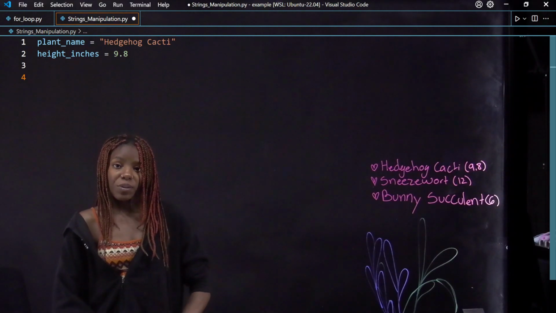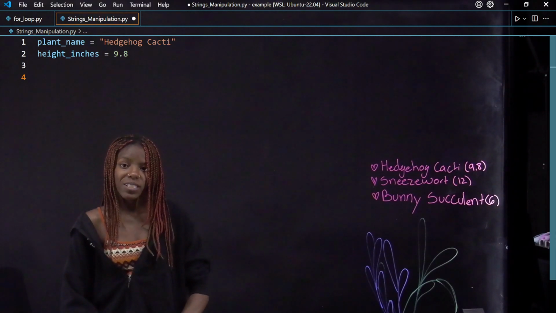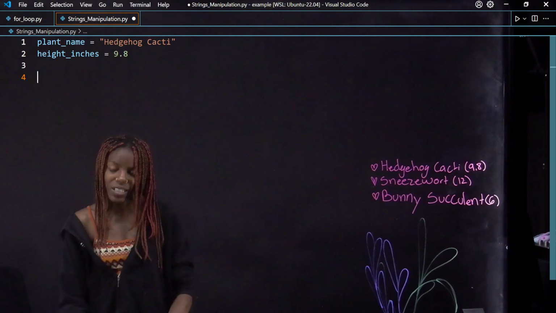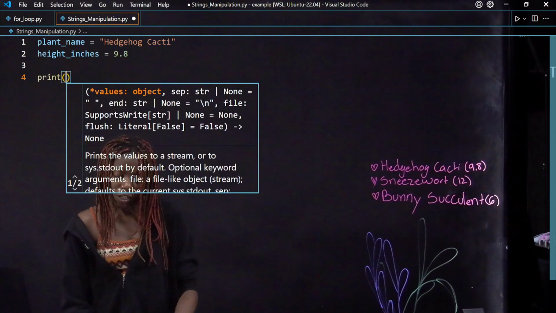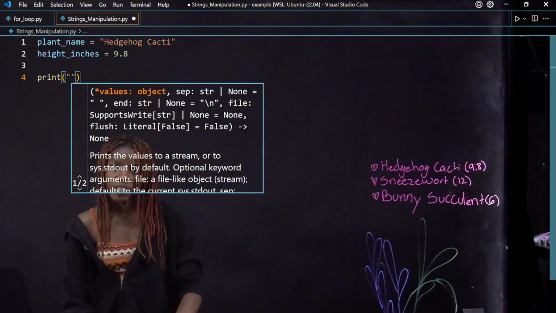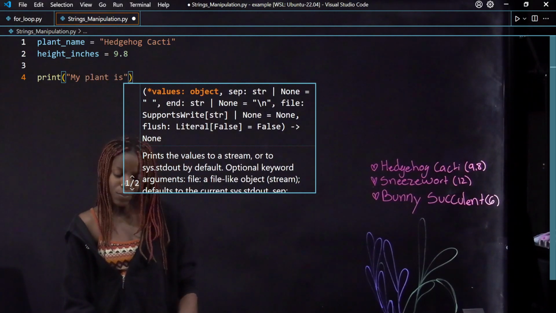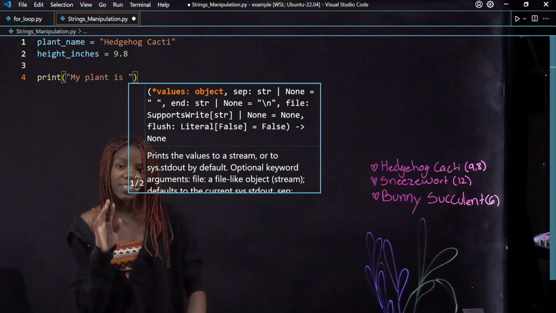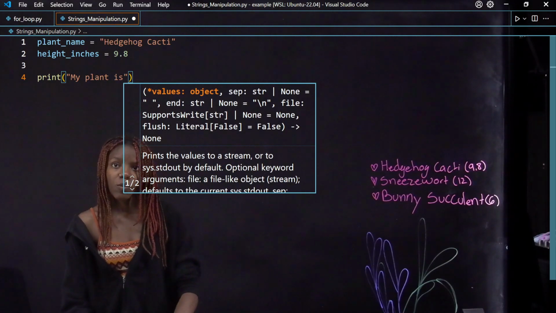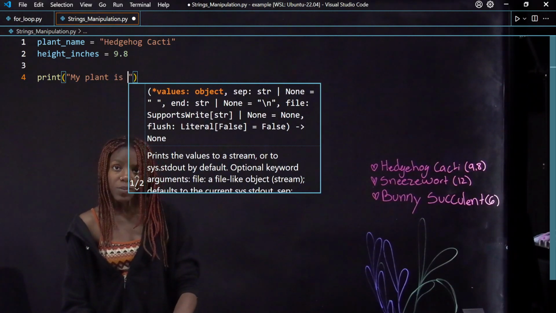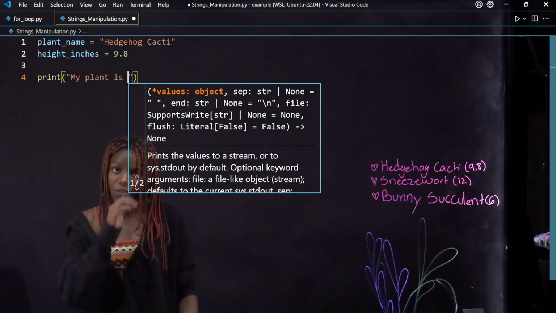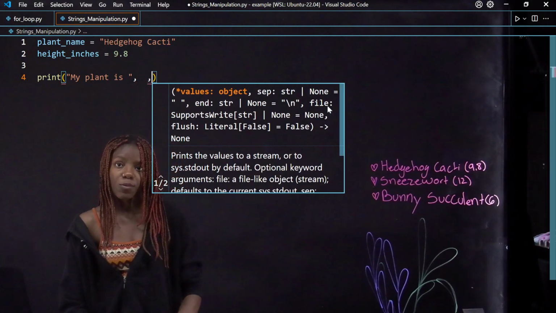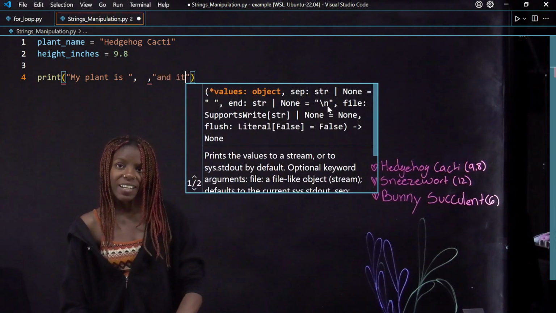So the first way we'll be manipulating strings is by using concatenation, which basically separates the variable parts of the string from the string bits. What does that look like? Well, we'll have a print statement, and we'll start off with just the string bits. So we'll say, my plant is, and then the spaces matter because when you print either variable, it prints exactly where it is. So if we don't have the space, the name will be really close to it, but if we do have a space, the name will be printed away from it. So anyway, we have the first string bit, which is my plant is, and then we'll have some room for the variable, and then we'll have and it